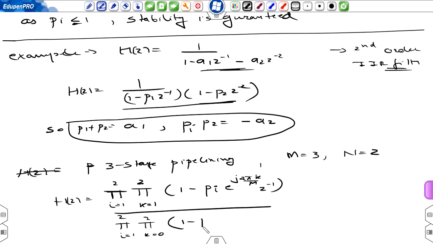So 1 minus p_i e raised to power j 2 pi k by M z^-1. Okay, so now substituting k and multiplying,